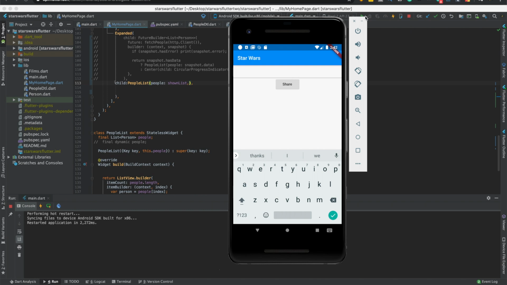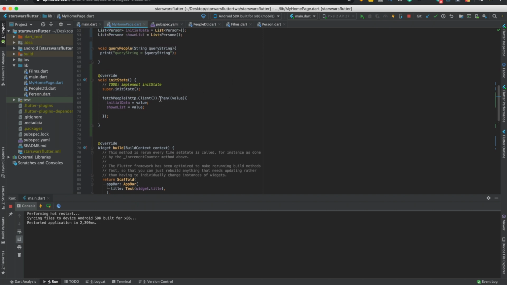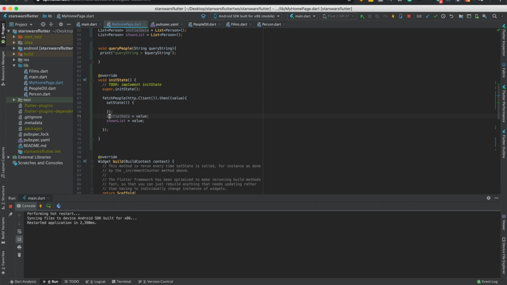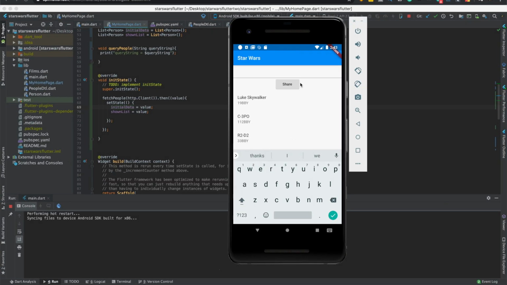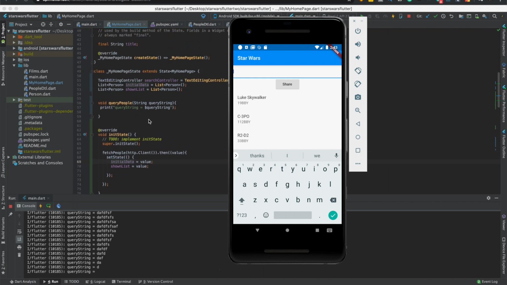Of course, you need to call setState right here. So I'll rerun this. There, I just reran it, but still the same data still runs. So now every time we type a query, we need to fetch or filter out the list,